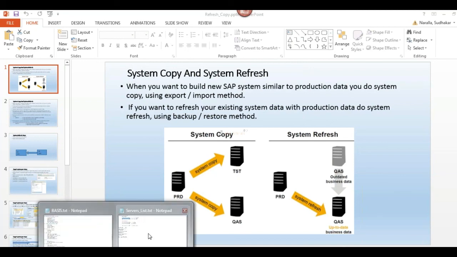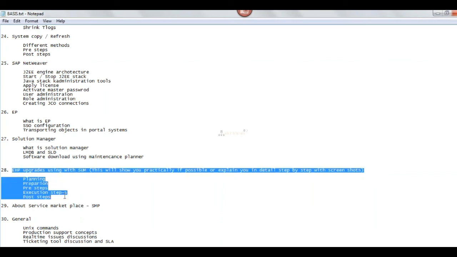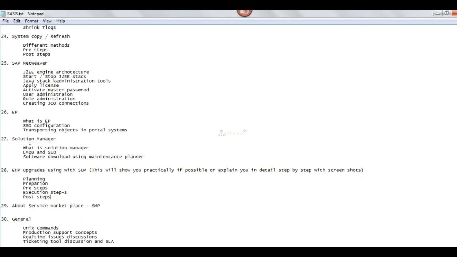I will try to complete it in 2 classes. Once that is done, we can discuss the EHP upgrade. Then we will discuss the Solution Manager SSL configuration. Got it? Tomorrow we'll meet at the same time.